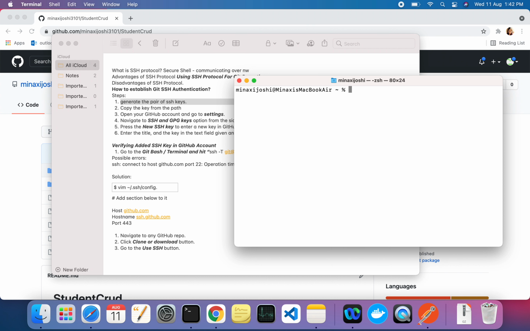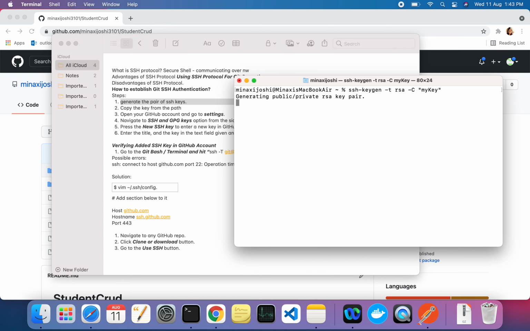So we have ssh-keygen. We can simply hit this command, or we can pass some parameters. For example, -t is for type, which type of key we want to generate, whether DSA or RSA. RSA is a public key crypto system, so we are going to generate RSA. Provide that key type, and then we can provide a comment as well using the -C tag. Here we can provide any comment, for example my key or username, anything you like.